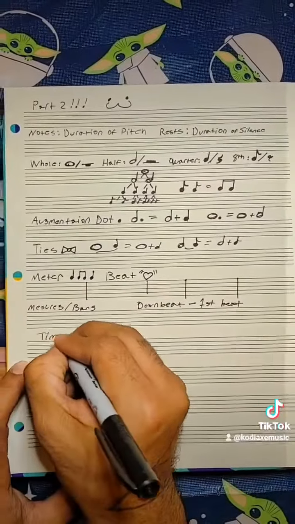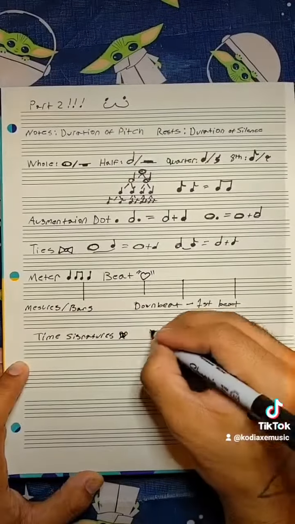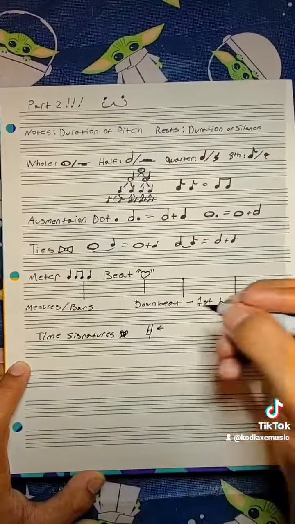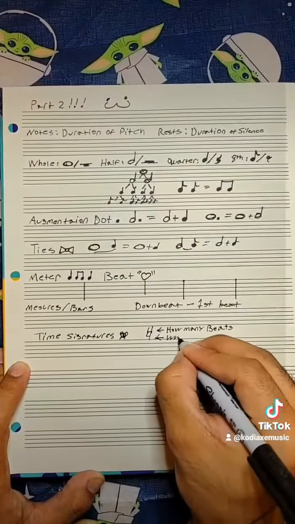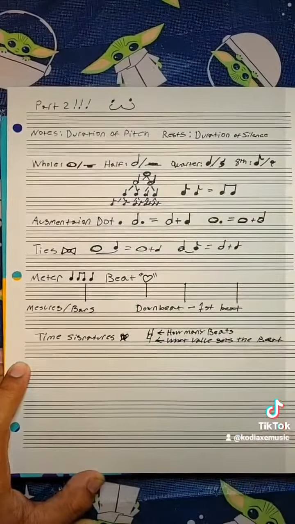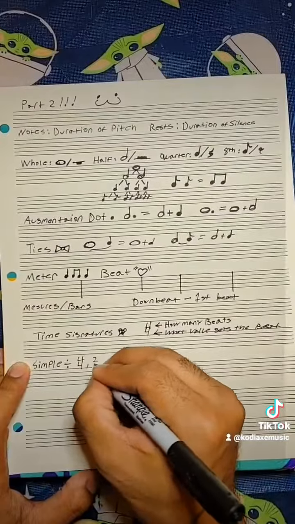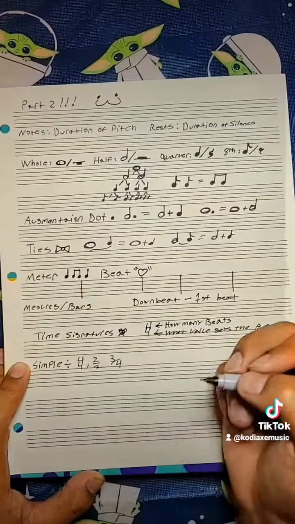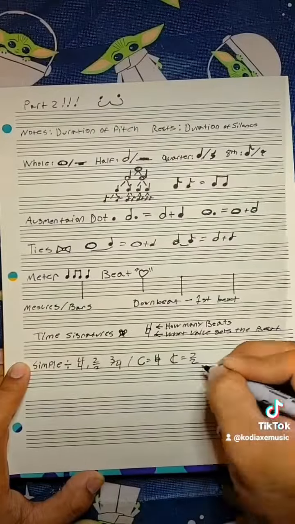Now let's talk about time signatures. If you've ever seen sheet music, then you've probably seen the 2 numbers stacked on top of each other like this. The top represents how many beats are in a measure, and the bottom number represents what value gets that beat. In simple meters, we can actually divide by 2, so that's why we have time signatures like 4/4, 2/2, and 3/4. You can have common time and cut time too, but those are just fancier ways of saying 4/4